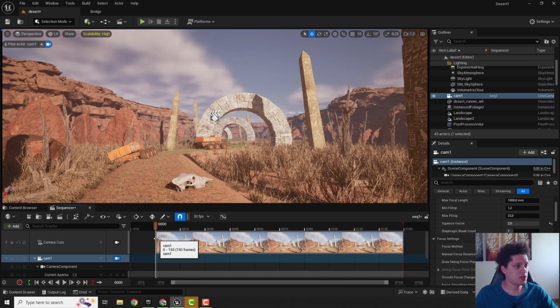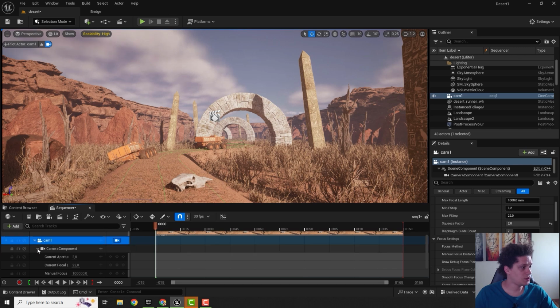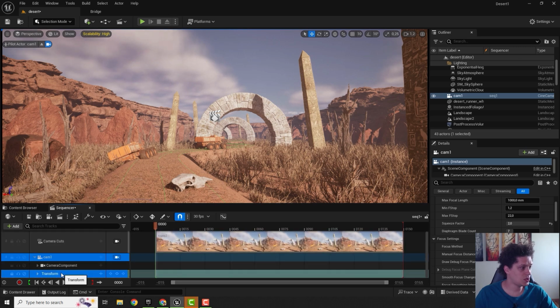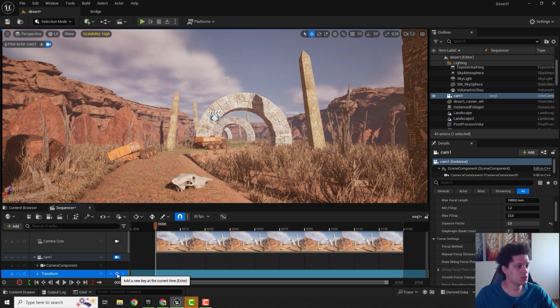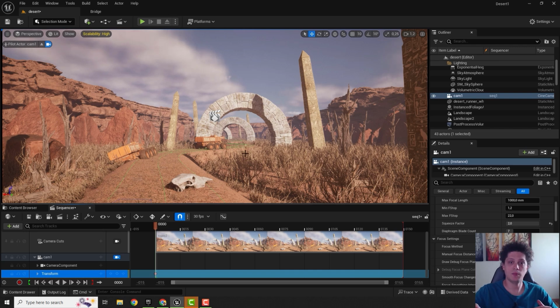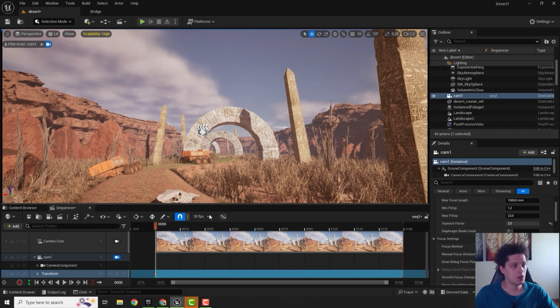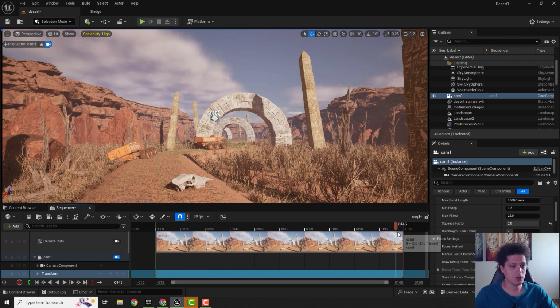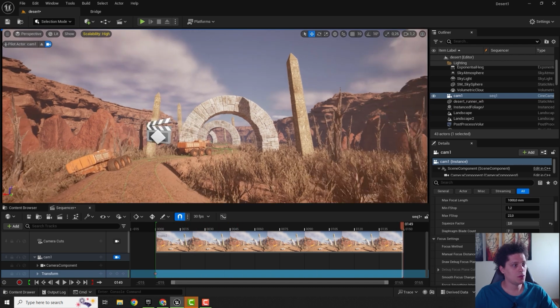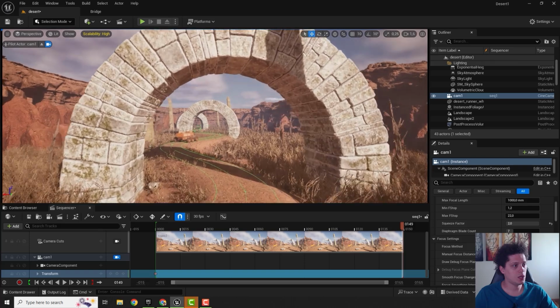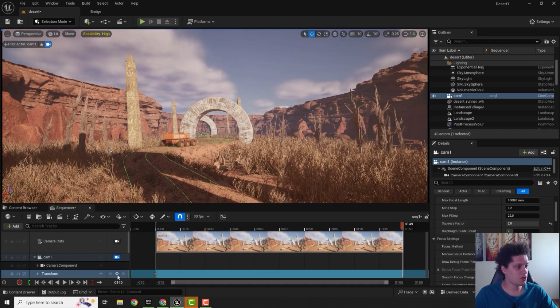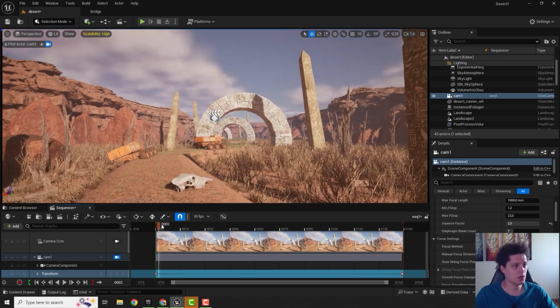So to move these things around, make sure to select your Camera 1. You can reduce this so you can see this transform. Make sure that under transform you can just click this Add New Frame, and now it will remember this position. And we want the second position, so we go over here. We move this to the end of the sequence, and we want our sequence to end over here, for example. Make sure that everything is moved here and click add transform point, and if I move this, you can see how our camera is moving. If you click play,